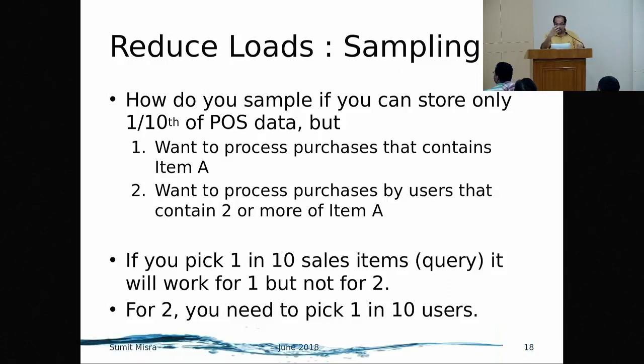Instead of sampling items that I see, I will start sampling customers that I see or the baskets that I see. So I'll pick one basket out of every 10 or one customer out of every 10 instead of picking one item every 10 items. So why I show this is that the way that you want to reduce the load and do the sampling will depend on what it is that you are trying to answer as a business problem. That is the purpose of this.